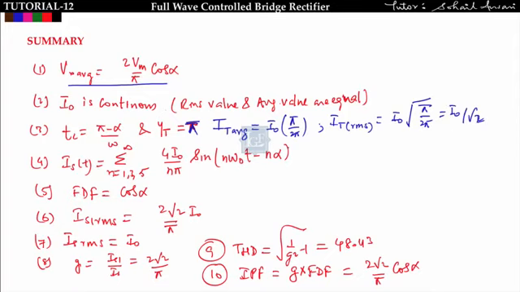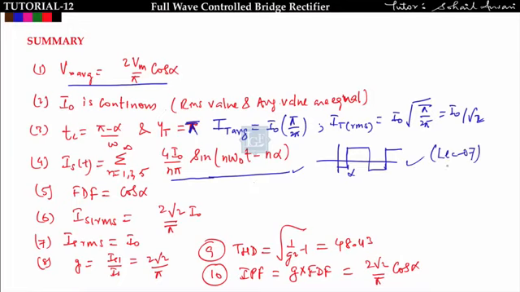So you have to keep these formulas in mind. Now you should also remember the Fourier series of the source current waveform. The source current will look somewhat like this, shifted from alpha by an angle of alpha, and we derived the Fourier series of this waveform in lecture number 7. So go through that lecture and you will understand how this Fourier series comes. Now the fundamental displacement factor is the cosine of the angle between the fundamental RMS current and the fundamental RMS voltage. The angle between them is equal to alpha, so the fundamental displacement factor will come out to be cos alpha.